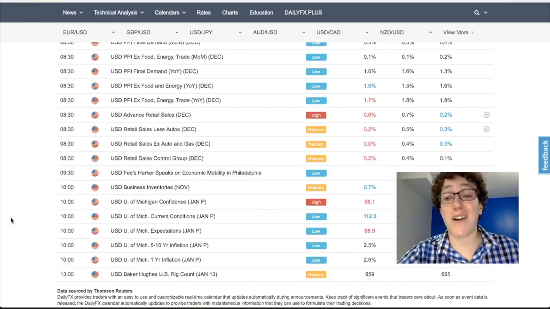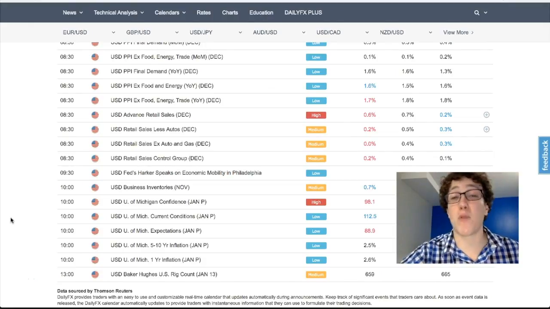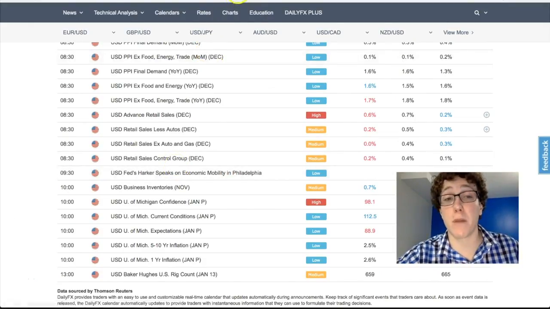The key is to not overtrade and to just trust it, and also you have to know when to start and when to get out. So let's go look at some charts.